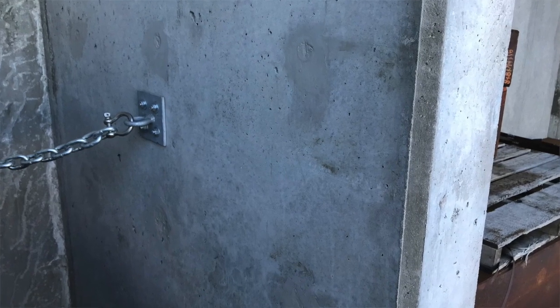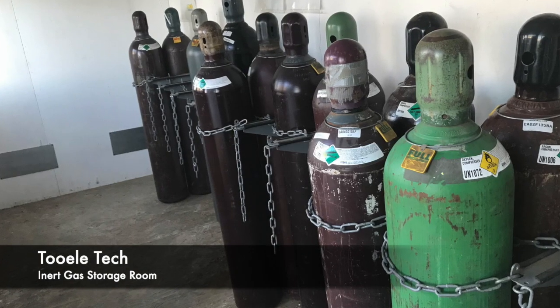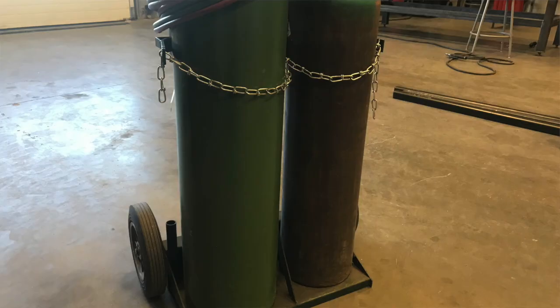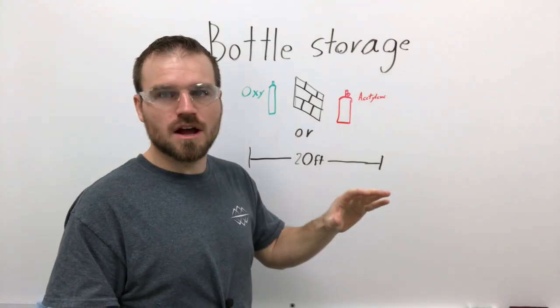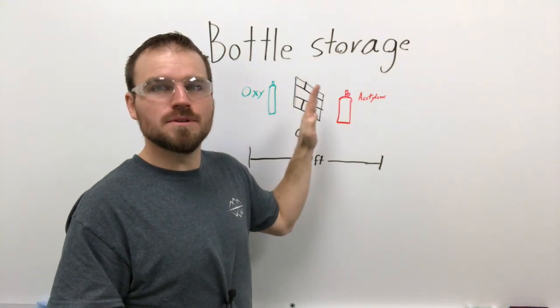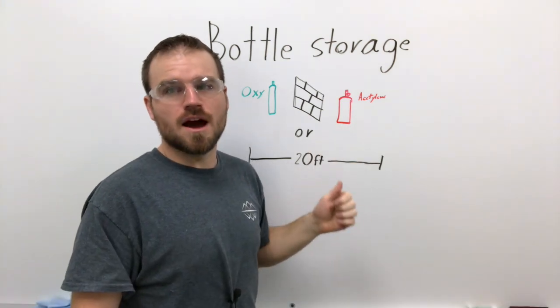wall in between them. And we also need to make sure that those bottles are secured. Often you'll go into a bottle rack or something like that, and they're going to be chained up. So you want to make sure that these bottles, number one, cannot fall over in any way, possibly get damaged or get the valves knocked off them. You want to make sure that you have a 30-minute burn wall in between them, or you can have 25